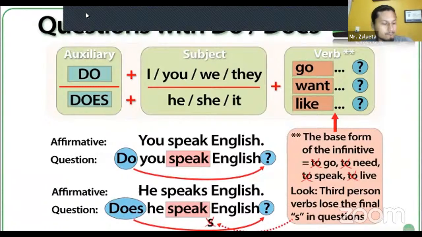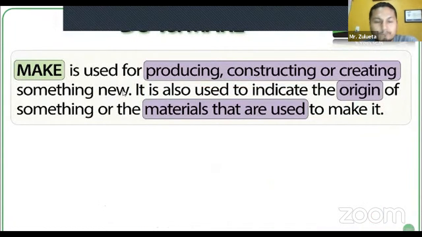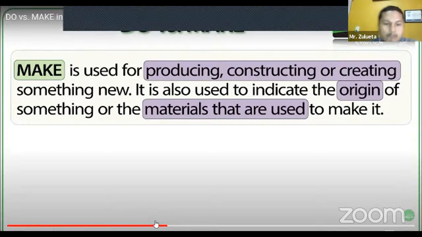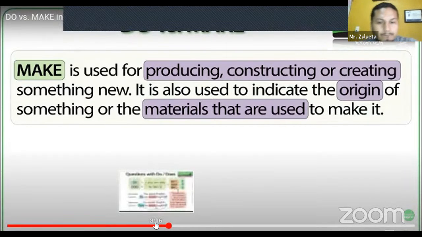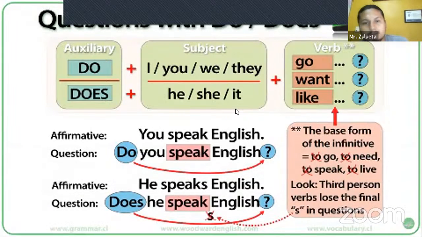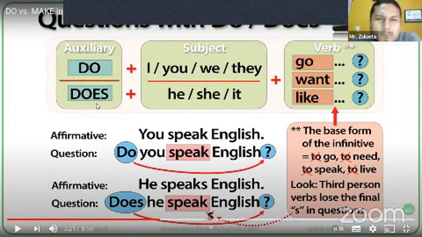Remember, do can also be used as an auxiliary verb for making questions in the present tense. Do you like chocolate? For more about do used in this case, see our video about do versus does. In this video about do versus make, we're talking about do as a normal verb and not as an auxiliary. When do we use make? In general, make is for producing, constructing. So remember,